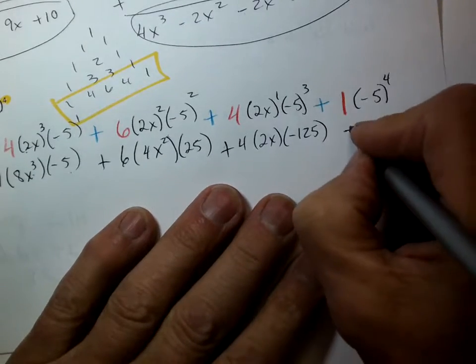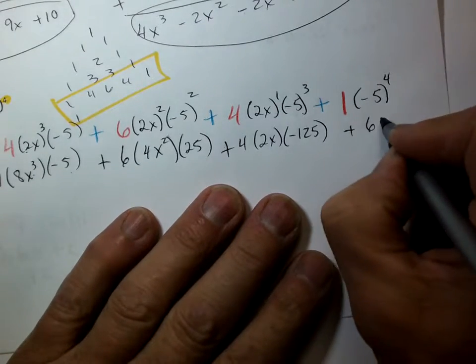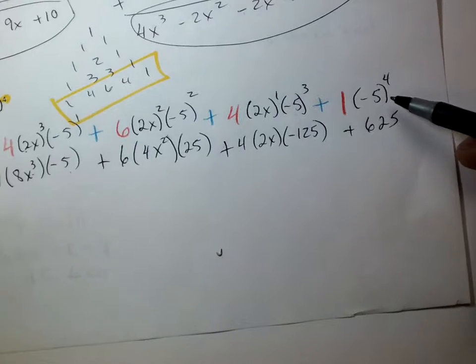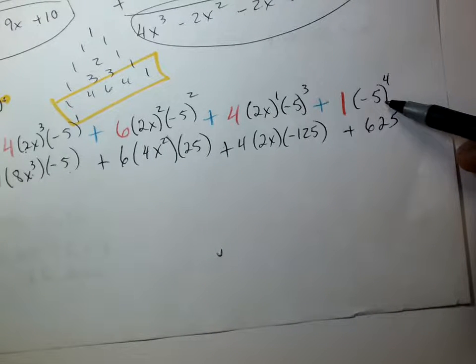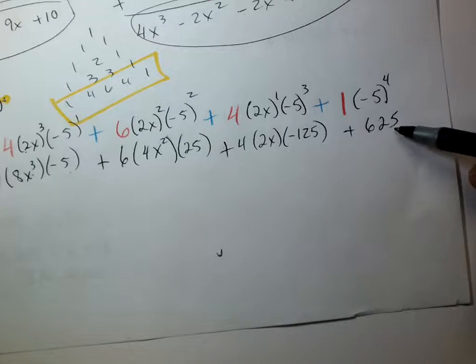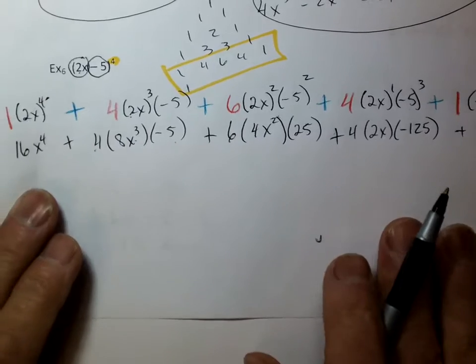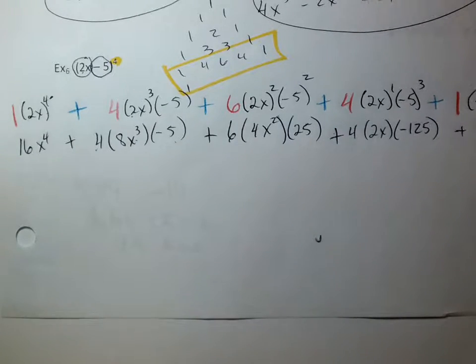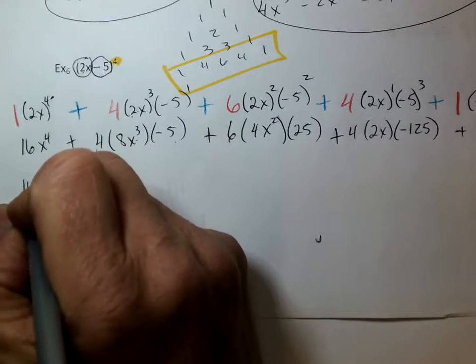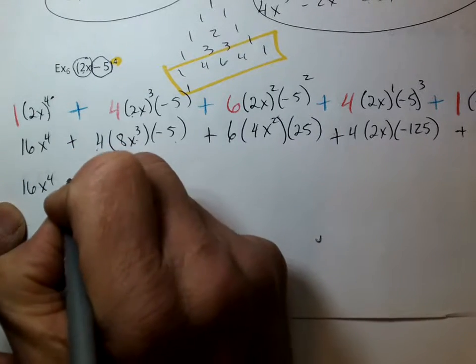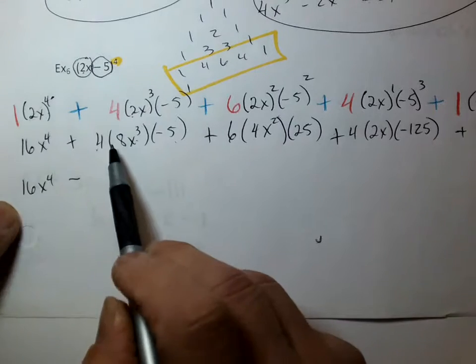Then plus 625. Negative 5 times negative 5 is 25, times negative 5 is negative 125, times another negative 5 makes a positive 625. Alright, now let's finish this up. I might need a calculator. I got it. So 16x to the 4th minus